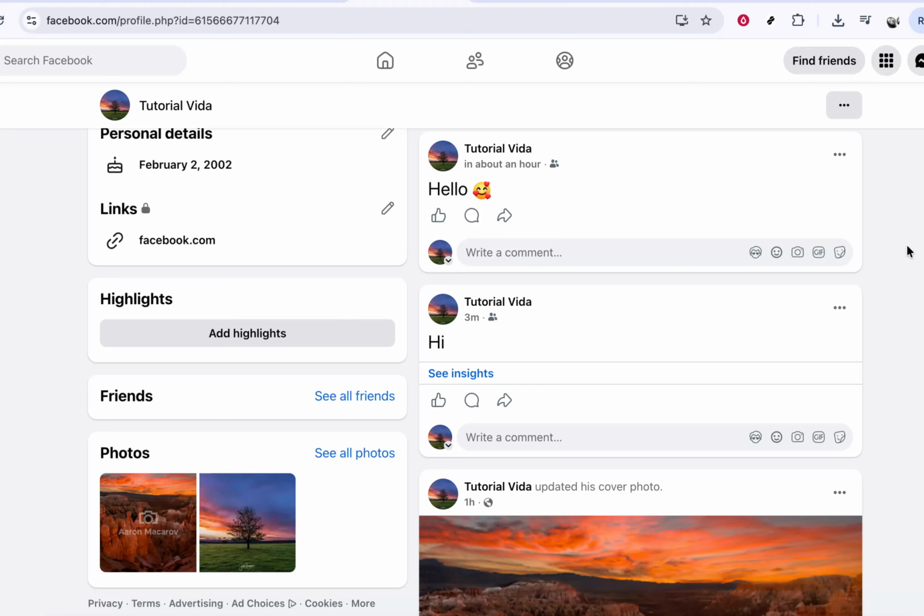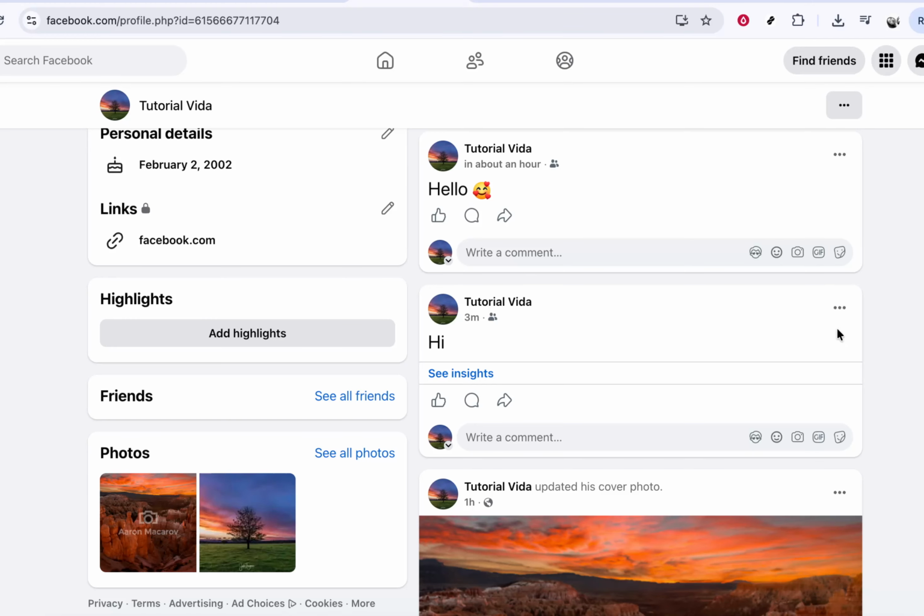Once you've found the post, look for a small icon with 3 dots. On most devices, you'll see this in the upper right corner of the post. These 3 dots open the post options menu. Go ahead and click or tap on that 3-dot icon. When you do, a list of actions will appear, such as editing the post, changing the audience, or hiding it